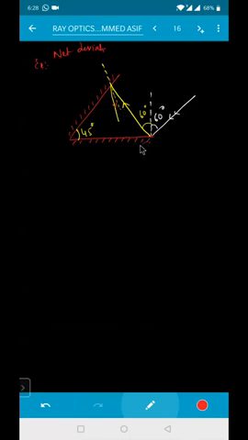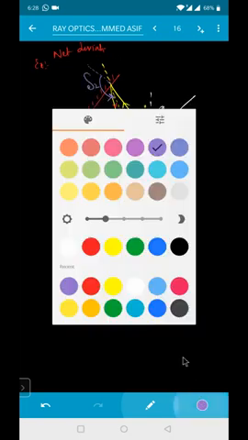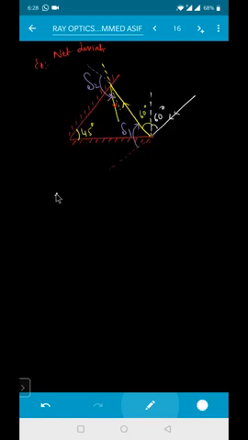So we get the first deviation here, beta. I need to extend this one. The angle made by the incident ray with the reflected ray is the first deviation, delta one. Again for this mirror, this is the incident ray, so extend it in this direction like this. The angle made by the incident ray with the reflected ray will be the deviation, delta two. So how many deviations are we getting, beta? Two deviations.